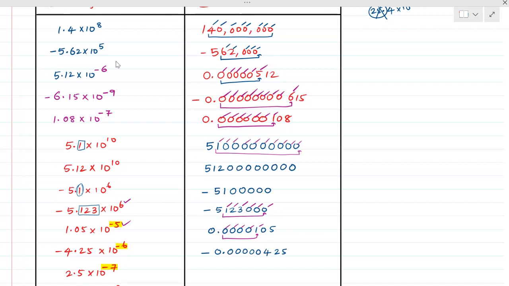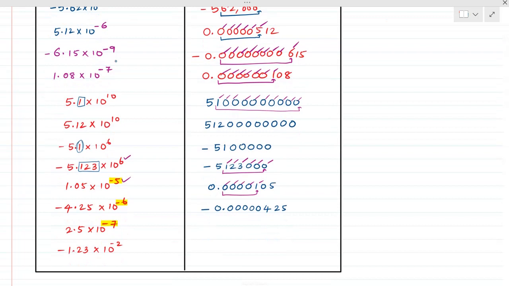This is the answer. Now the next one here we will have minus. This is also a negative. So I write this one 0. So how many zeros will you have? 1, 2, 3, 4, 5, 6. 6 zeros. The number starts at the seventh position, which is equal to 5. So this is the same thing. Now similarly the next one we will have two zeros. So it is minus 2. The number starts at the second position. Therefore minus